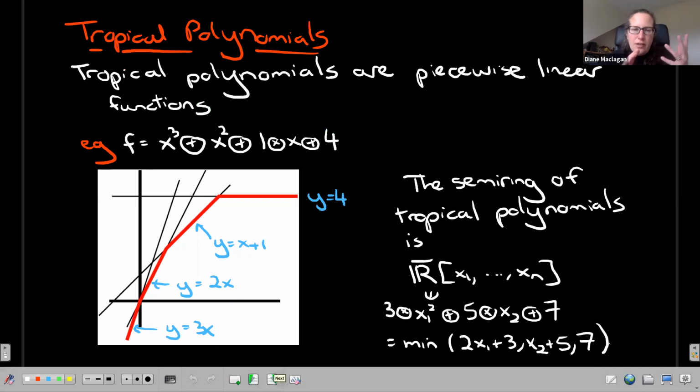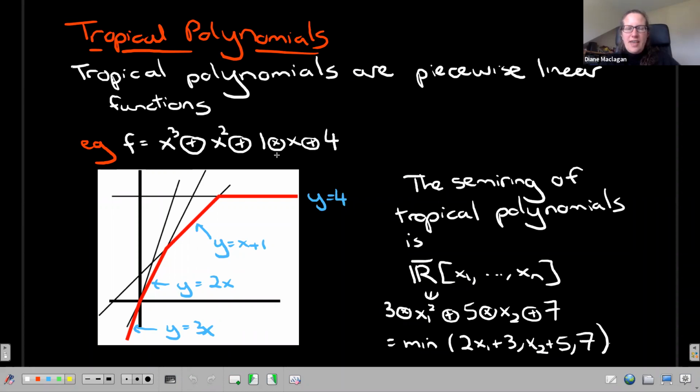Okay. So I'm an algebraic geometer, so that means I want to start thinking about polynomials. Let's start with, I don't know, maybe this is 9th grade, maybe 8th grade. Someone will have to remind us when you first start to see polynomials of one variable. So you might see something like x cubed plus x squared plus 1 times x plus 4. In usual arithmetic, x cubed means x tropical times x tropical times x, or x plus x plus x in usual arithmetic. So that's 3x. x squared is 2x.